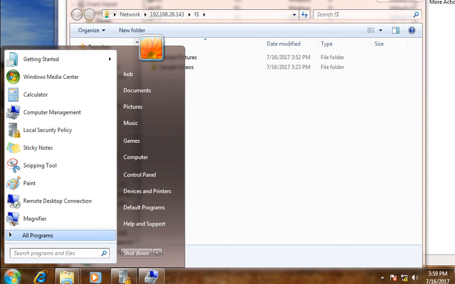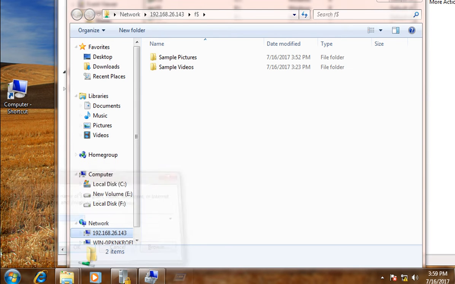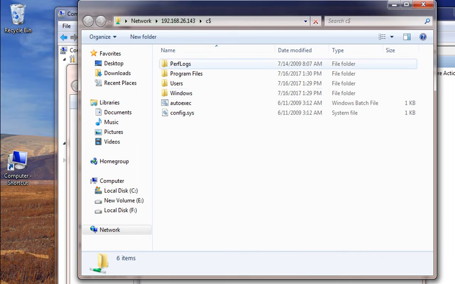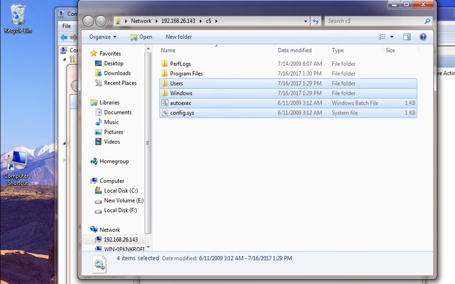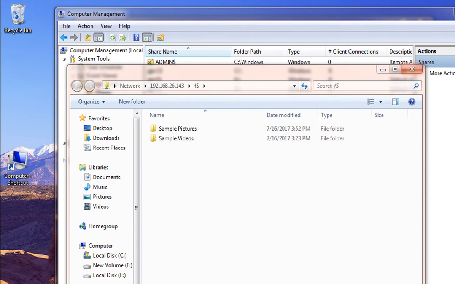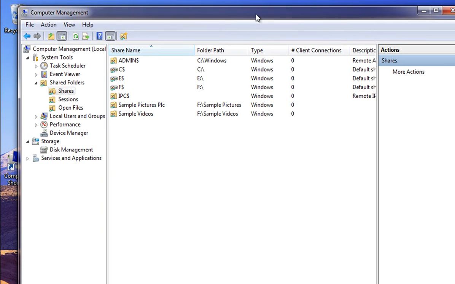Now if you want to access drive C, here we are. You're accessing the whole C drive. And this is very risky. So, as by default